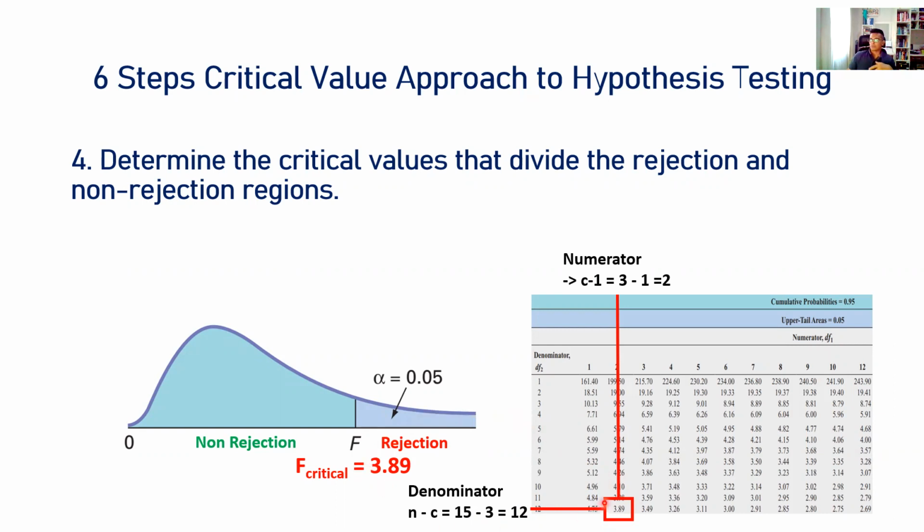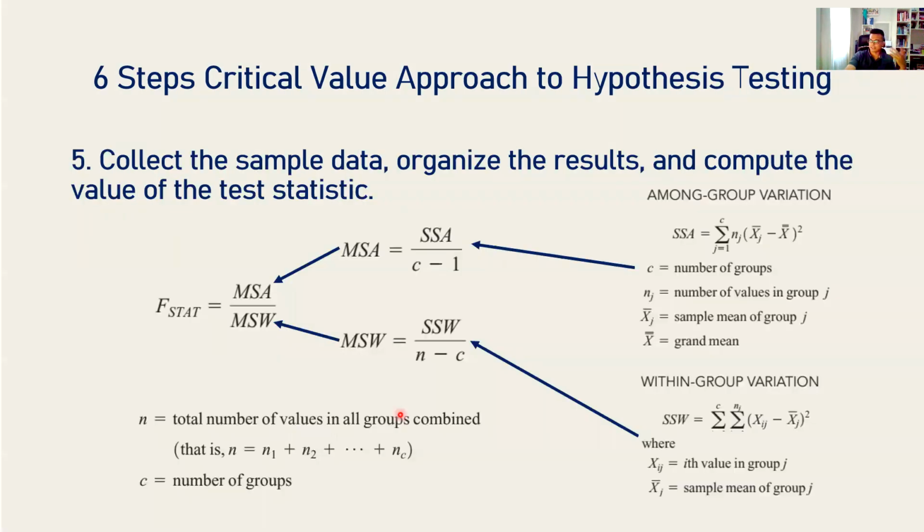So using the F table, we have the F critical value of 3.89. The next step is to calculate the value of the test statistic. If it lies in the non-rejection region, then we accept the null hypothesis. If it lies in the region of rejection, then we reject. And how do we calculate the test statistic? Of course, we discussed it in the previous video. We will use the F statistic, which in principle